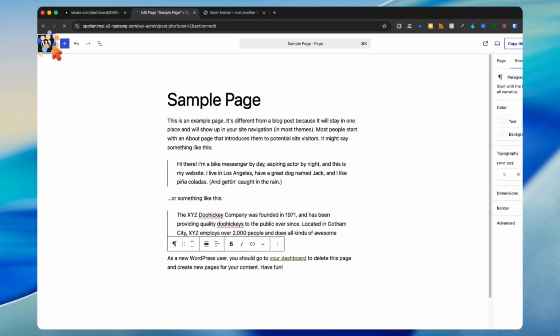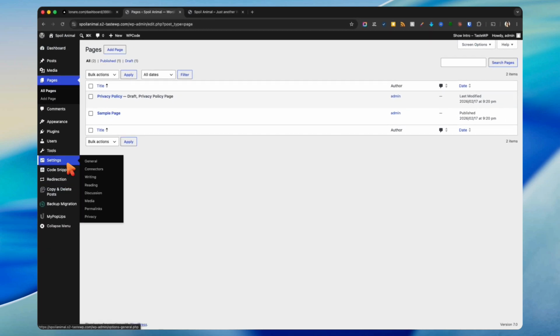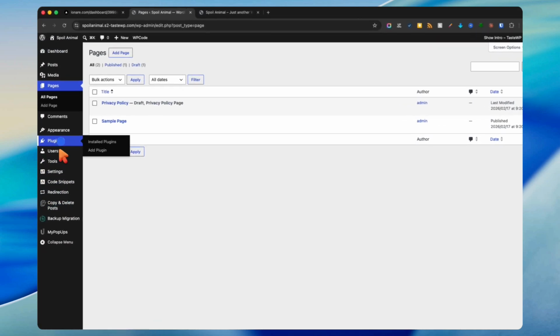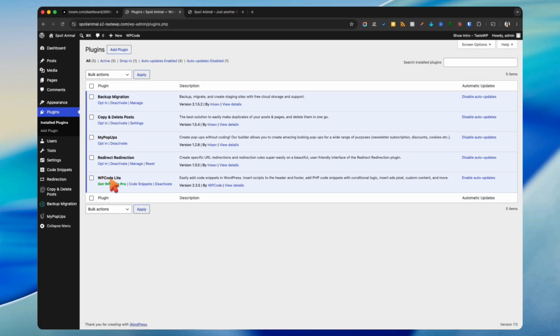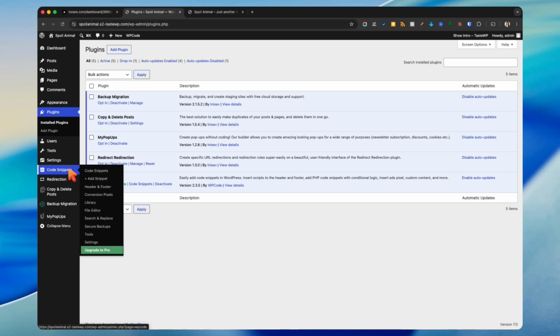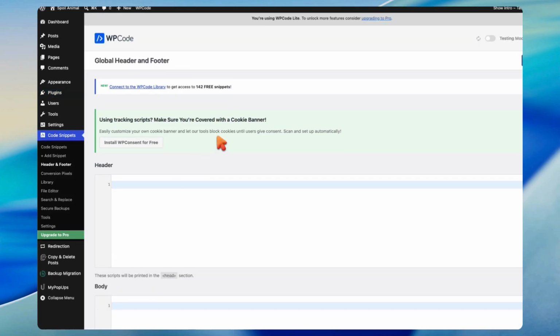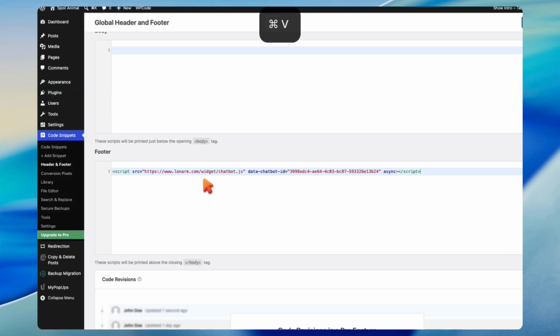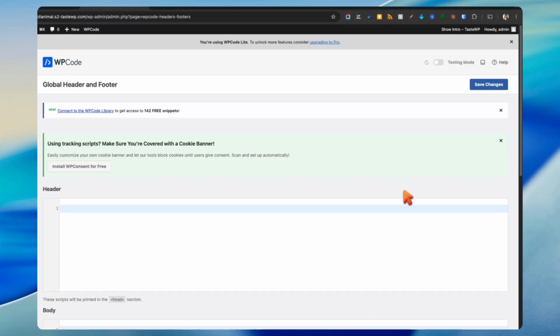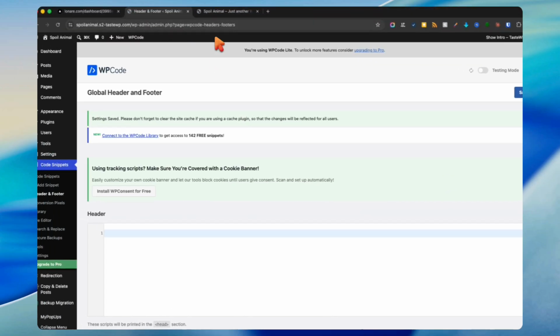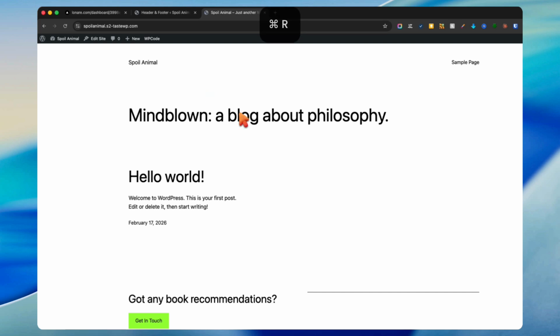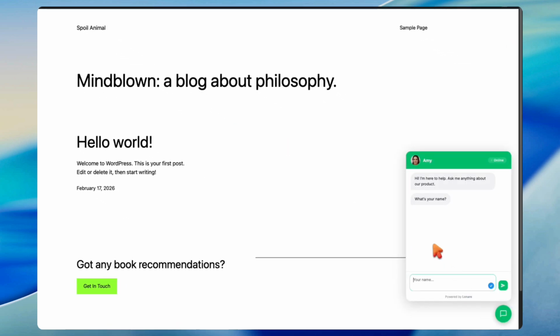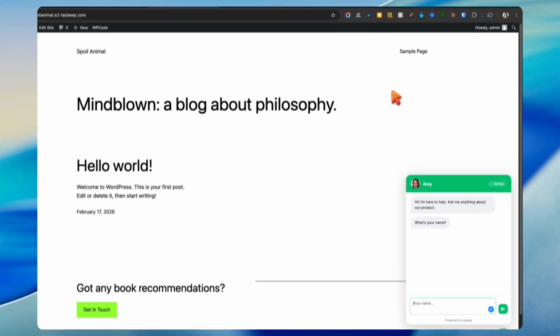And then we can go back, and what we could do is install a plugin called WP Code Lite. This is a plugin which lets you easily add code snippets, especially in the header and footer. Once you install this plugin, you go to code snippets and then click on header and footer. Here in the footer part, you just copy paste the script tag and then click save. Once that's done, you go back to your website and refresh it, and you will see that the chatbot is available on all of the pages of your